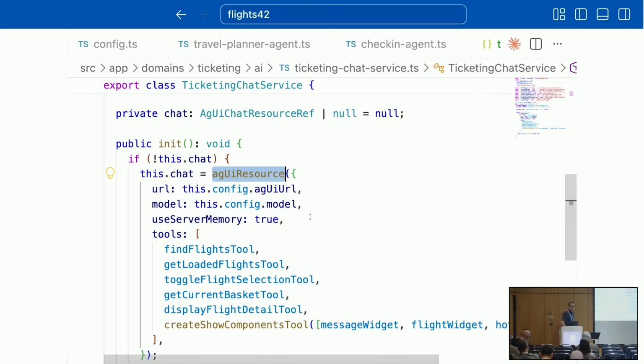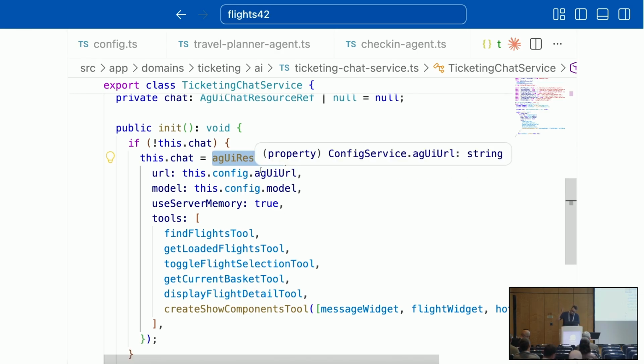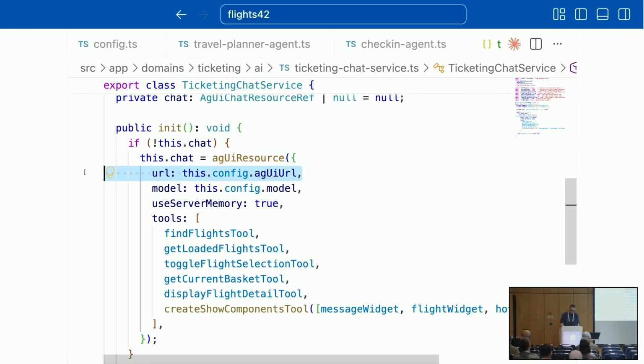A resource allows us to communicate with the backend. This here is Angular specific, but it would look very similar in all the other frameworks. So in general, everything I'm telling you here works with all the possible frameworks, because we are more on a conceptual level, even though I'm an Angular guy. So this is my resource for communicating with the backend.